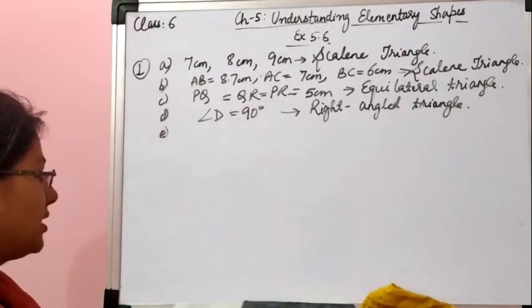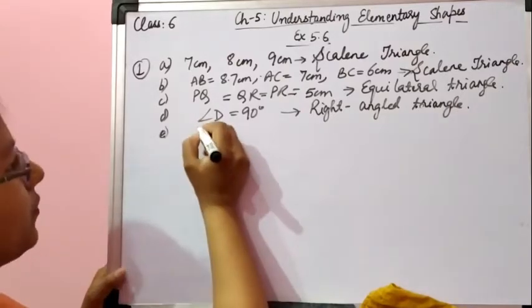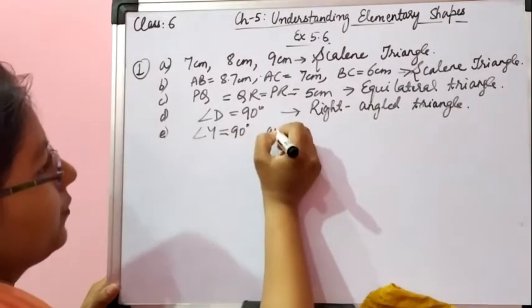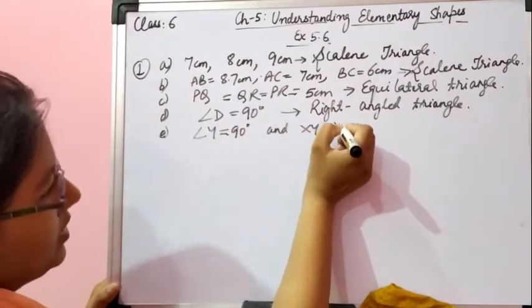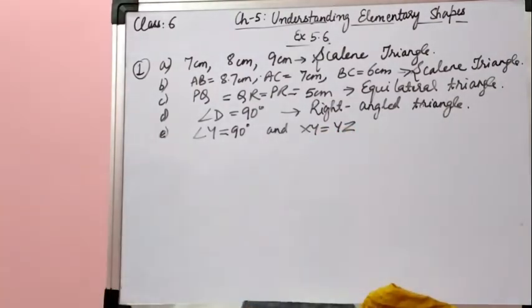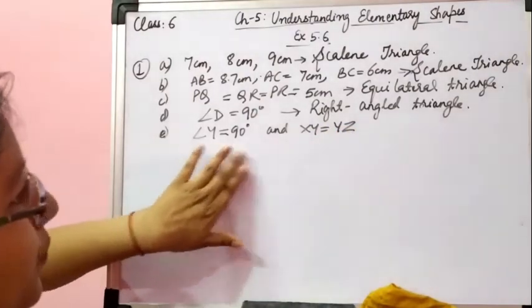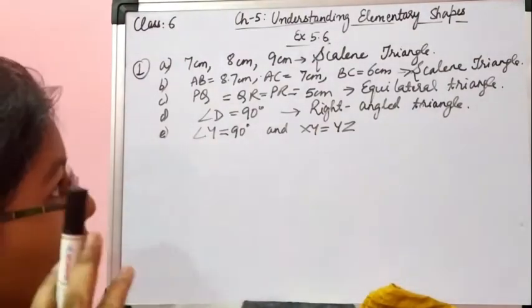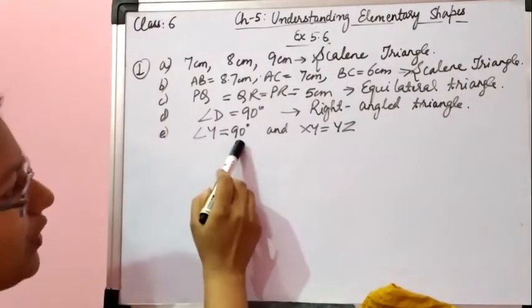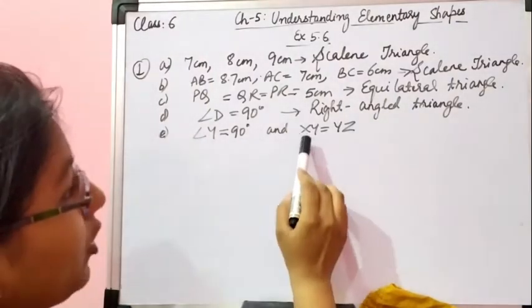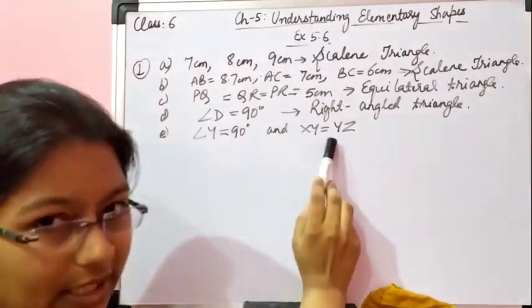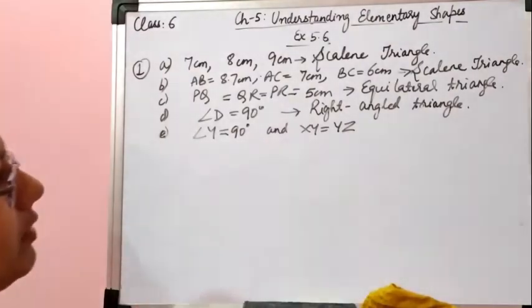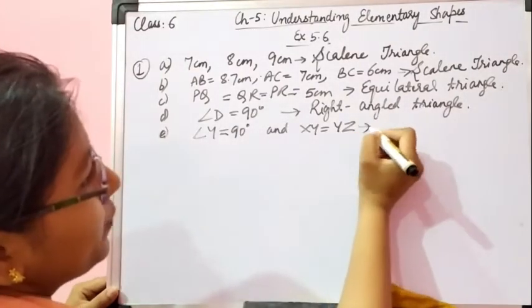Then the next one is triangle XYZ, in which angle Y is equal to 90 degrees and XY is equal to YZ. Now what we can see is that the angle is given and the sides are also given. Both things are given, which means we have to classify on both bases. On the basis of angle it is a right angle. And on the basis of sides only 2 sides are equal, so that is an isosceles triangle. So what we will say, the name of this triangle is